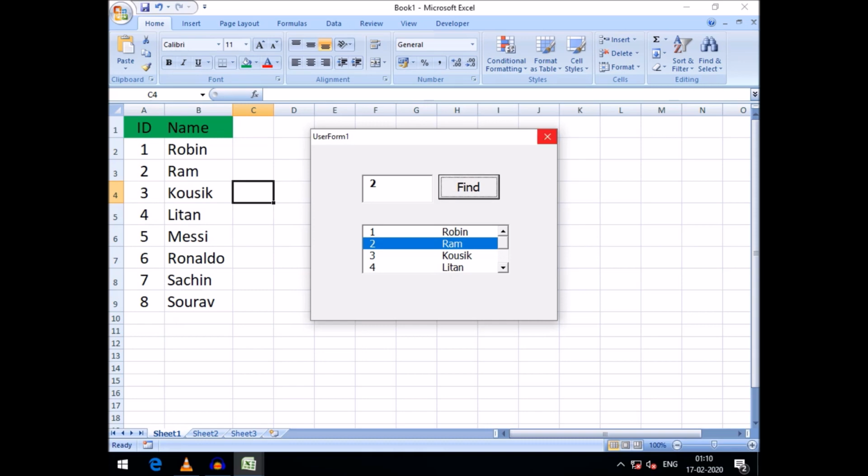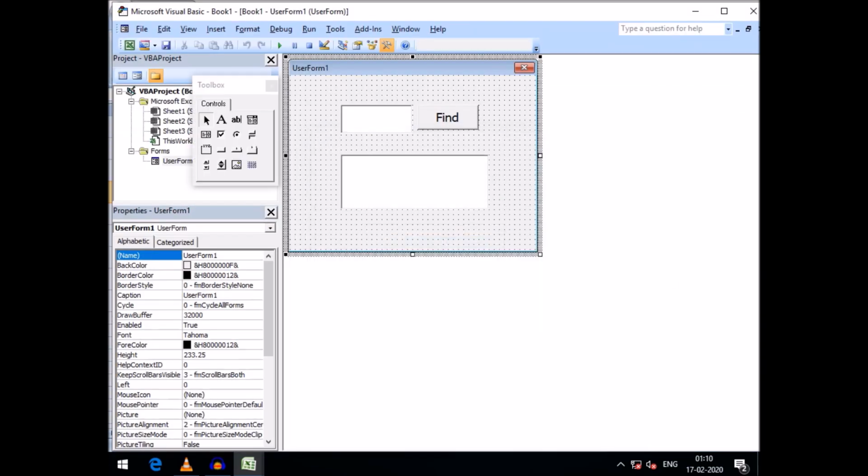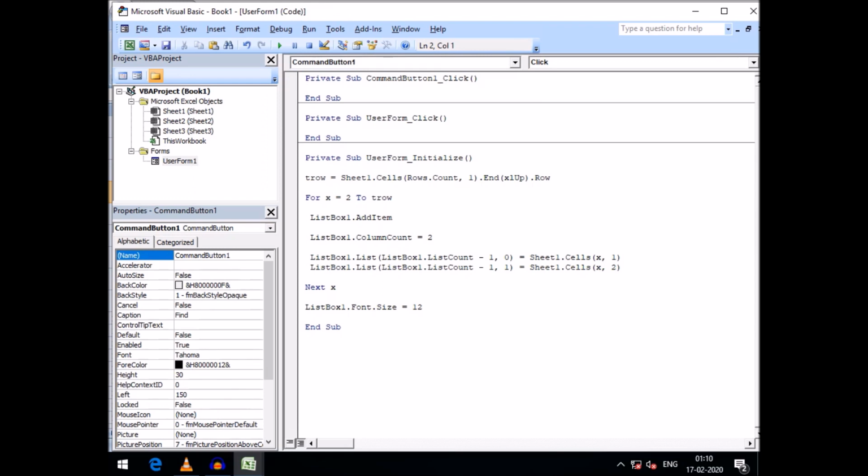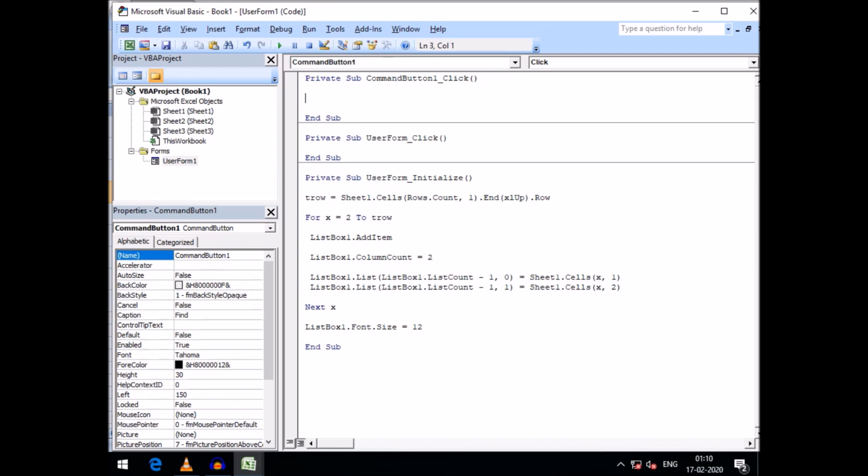So friends, I need to type code for that. So just clicking in the find button, and for searching the ID and for selecting the ID from the list box,